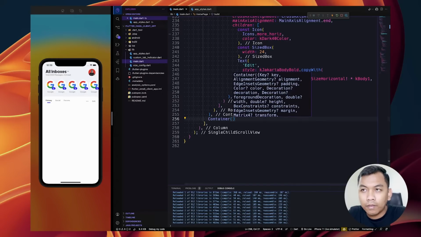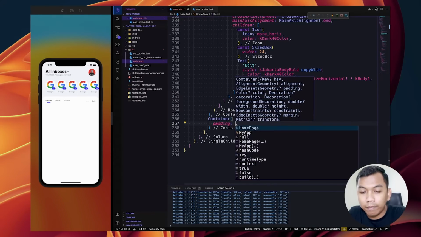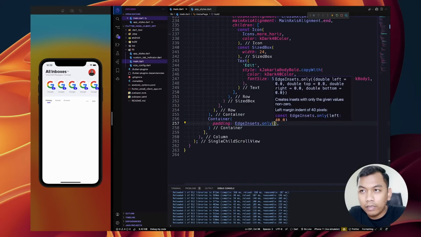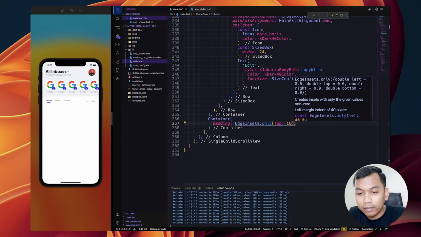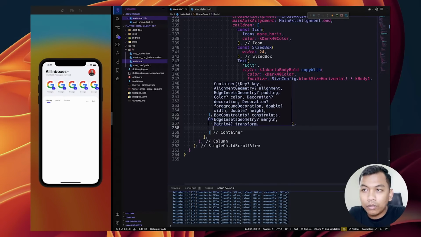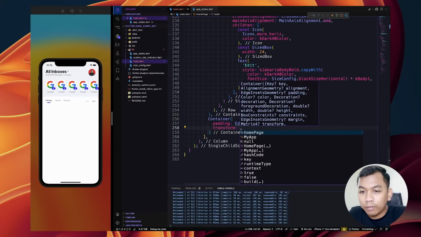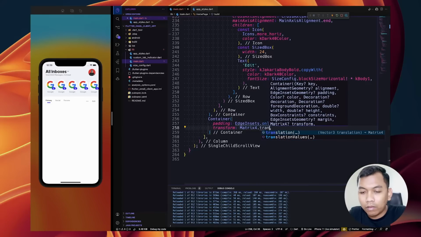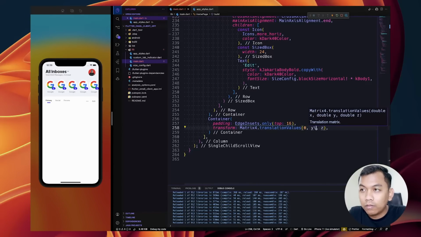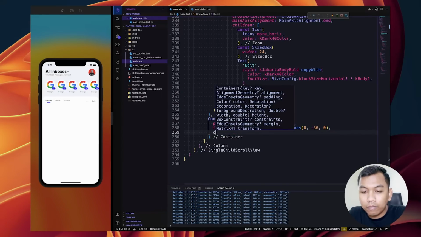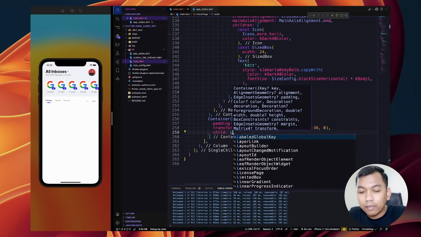So we will have padding only top 16, and also we need to transform 0, minus 36, and 0. And the next we will have child widget.